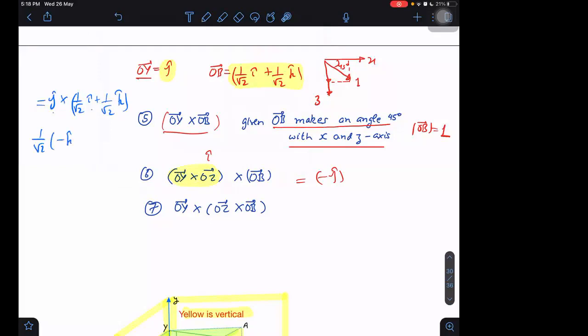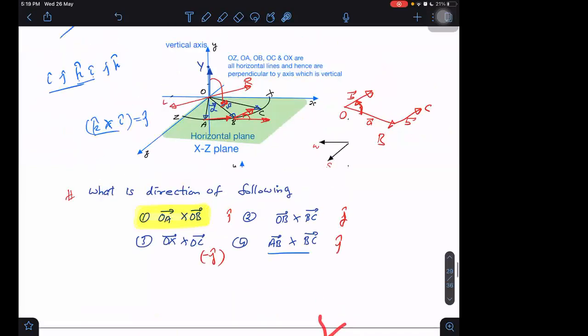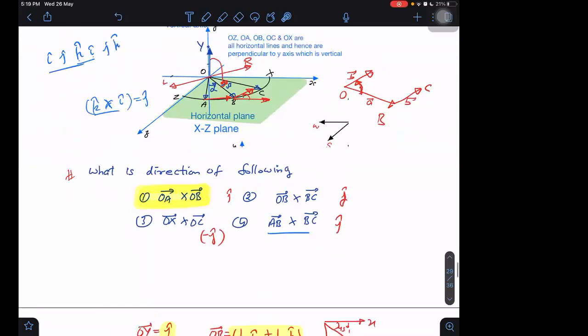The next term is J cross K, which is plus I cap. Exactly right. So what is our vector direction then? Our vector direction is 1 by root 2 times minus K plus I. That is the exact direction we are getting now. So on which side will it be? It will be along positive x, but along negative z. And last time somebody already told me that it is along OR. That was pointing in the same direction, along positive x but along negative z. So that person was right. It will be along the OR direction.